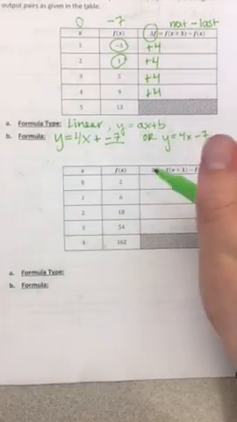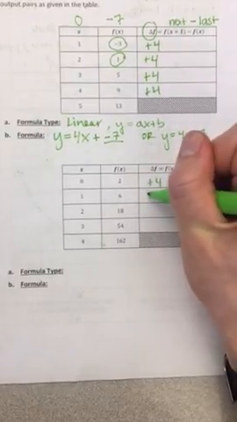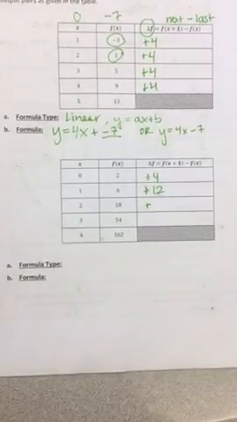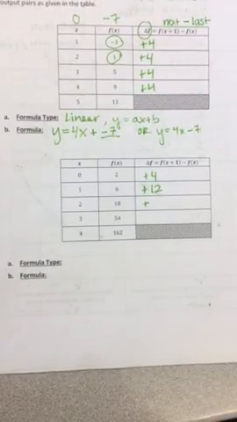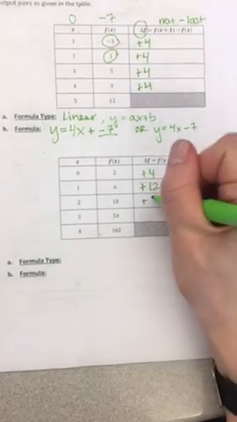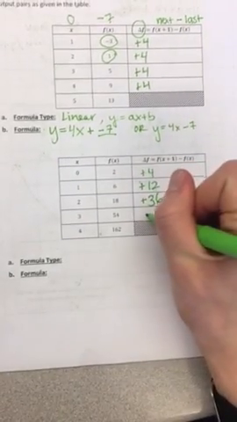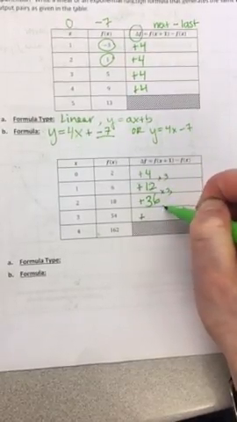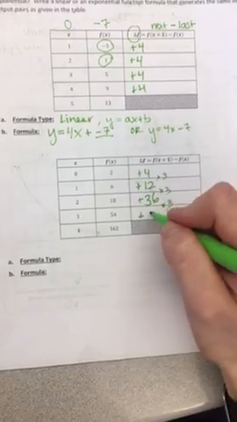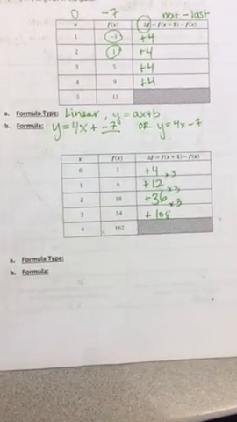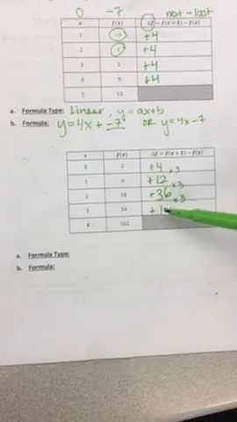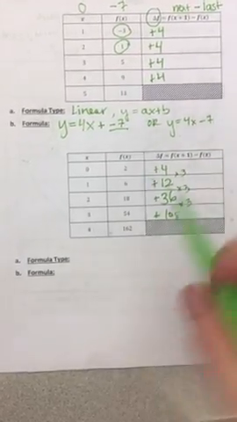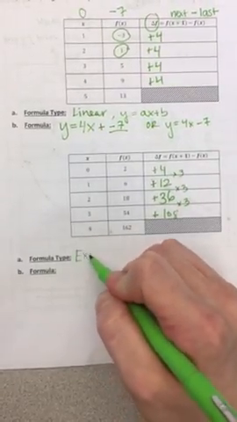Alright, if you're coming back together, you should have realized that this was a +4. This became a +12. This became a plus 36. And this became a plus, this is a ×3 pattern. So this became 108. Now I notice that the plus pattern is not constant. However, there's a multiplication rate that is, and so I definitely know that this is an exponential function,